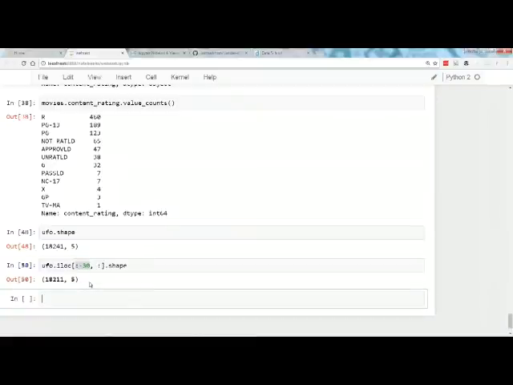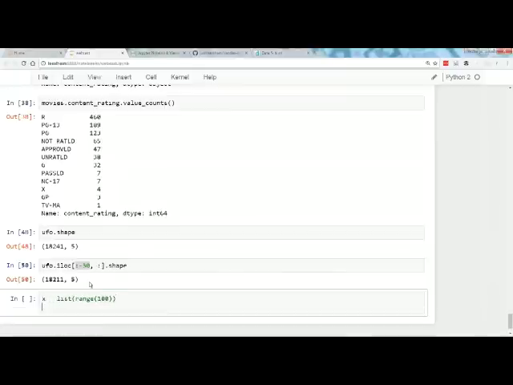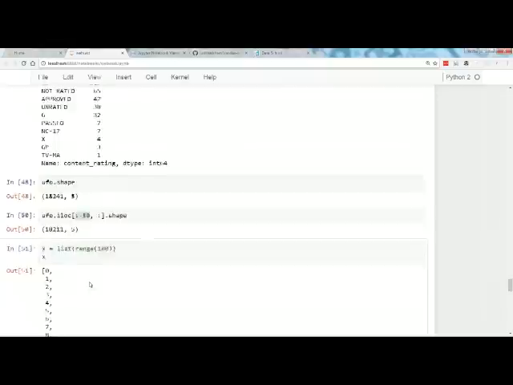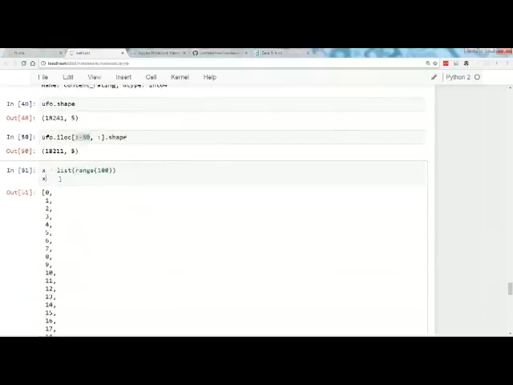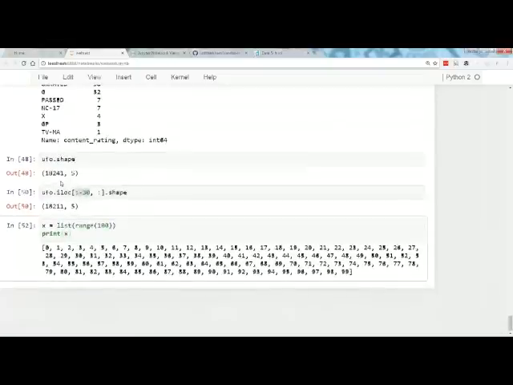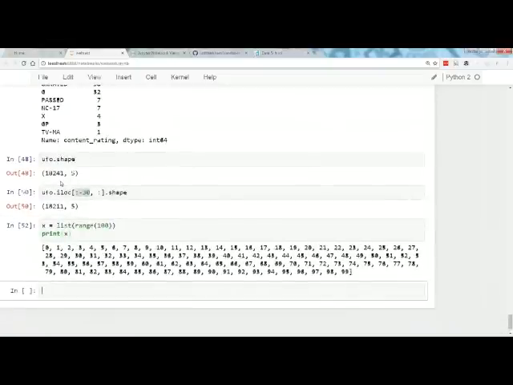You know, if you have range 100, x equals that, you have a list of 100 numbers. Well, let's print. And if I want to get all except the last 30, I would just say up to negative 30.